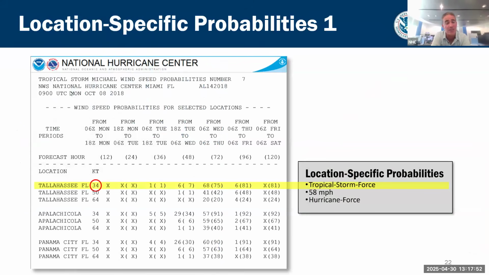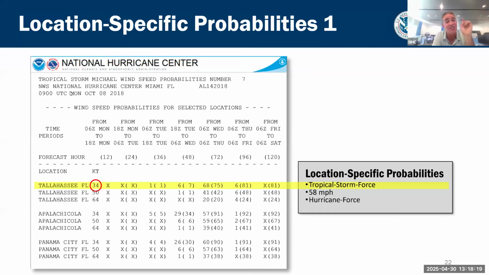So if you go to our website during any particular hurricane event or tropical storm event, and you click wind speed probabilities, the text product, it's going to look something like this. Now, let's just say for simplicity, we're going to pick one place. There's going to be a list of cities, but let's just pick on Tallahassee since it's right there at the top of the list here. First thing you might notice is, why are there 3 rows for Tallahassee?